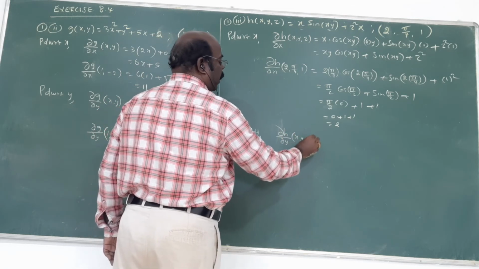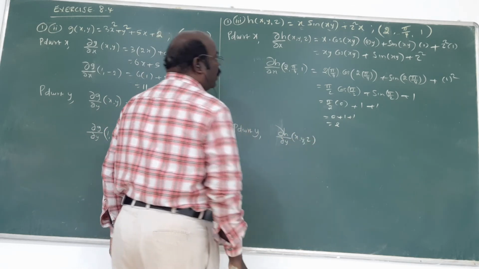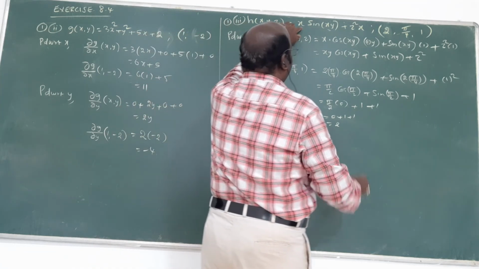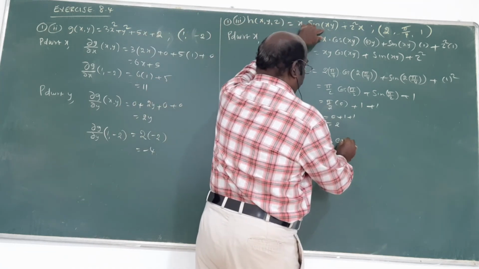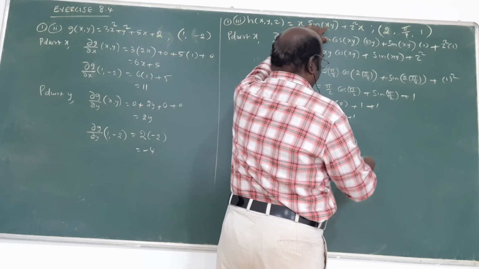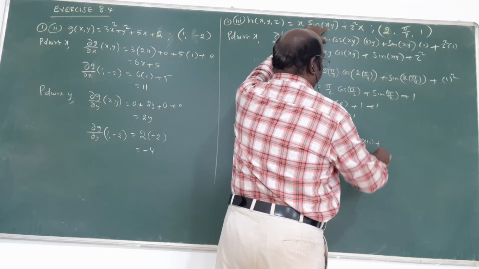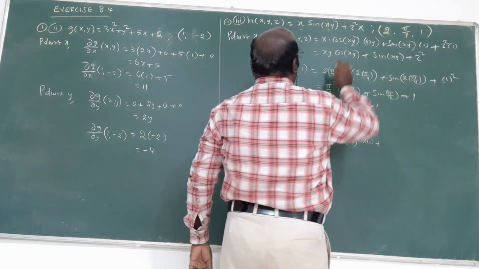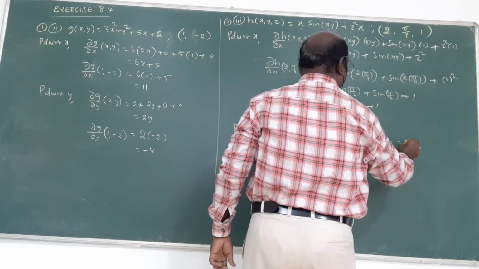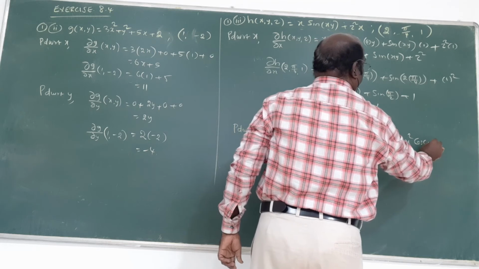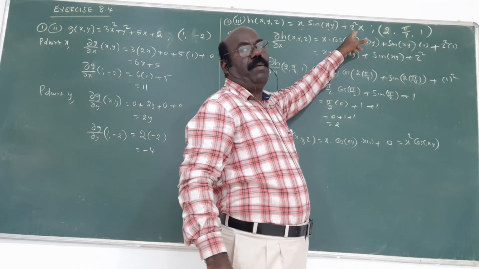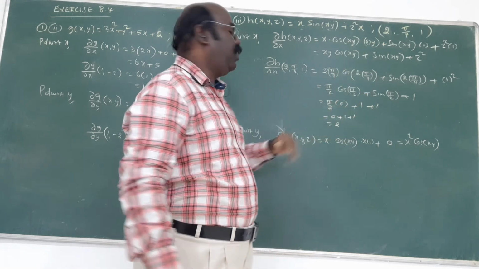First, x comma y comma z. With respect to y, here x is constant, sin of xy gives cos of xy, y is variable. Thus x is constant, x into 1. Am I right? Plus, this one is what? Without y, that is 0. Answer is x square into cos of xy. Here there is no y variable, all are constant, the derivative is 0.